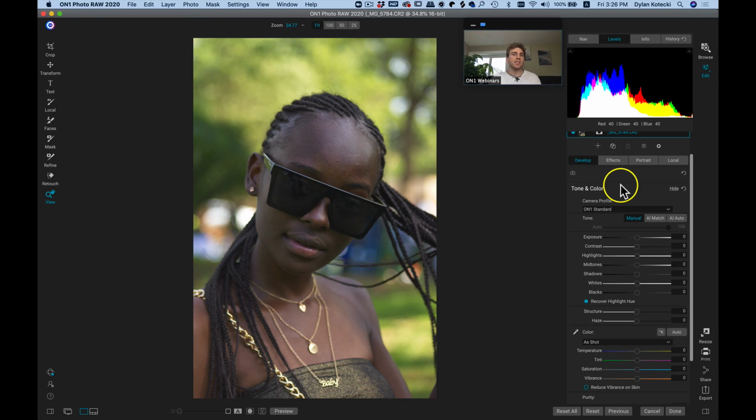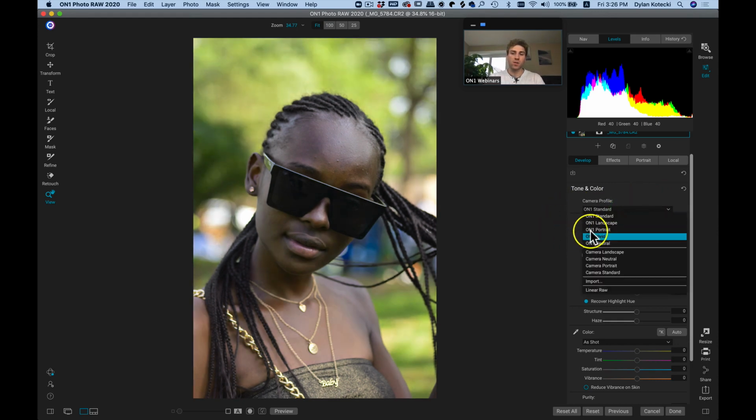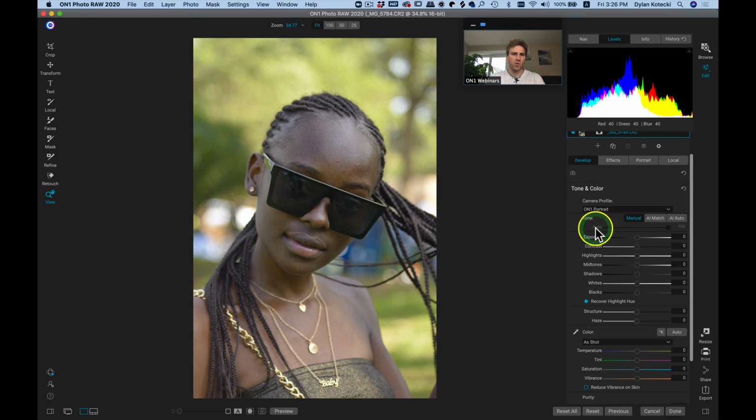image. And what that's going to do is alleviate some of the darker tones in my shot. If you shoot in RAW, you have the choice of modifying your camera profile over here in tone and color. And if you're shooting RAW portraits, I'd recommend using this ON1 portrait camera profile. It just neutralizes everything and pulls out some of the darker tones in your shot. So if I hit the backslash key on my keyboard now,